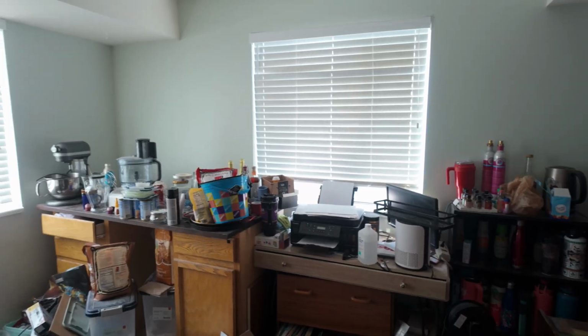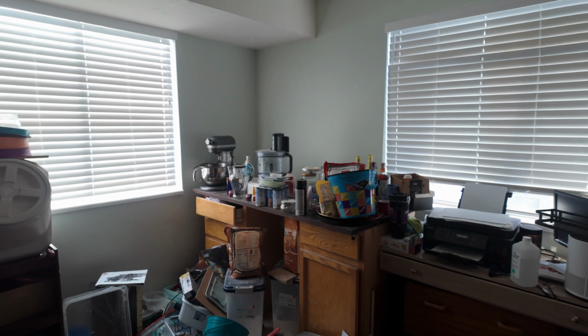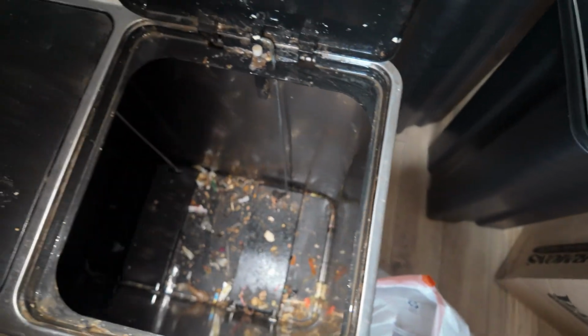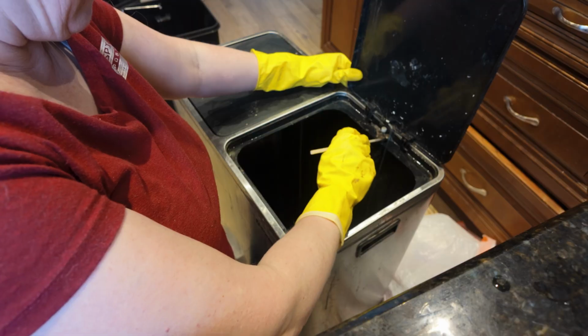And hey, if you've got a room like this, you are definitely not alone. Let's tackle this together. But before we jump into cleaning that bin, which, fair warning, gets gross,